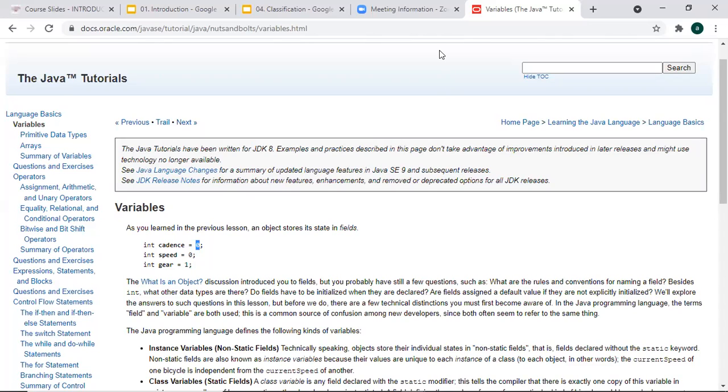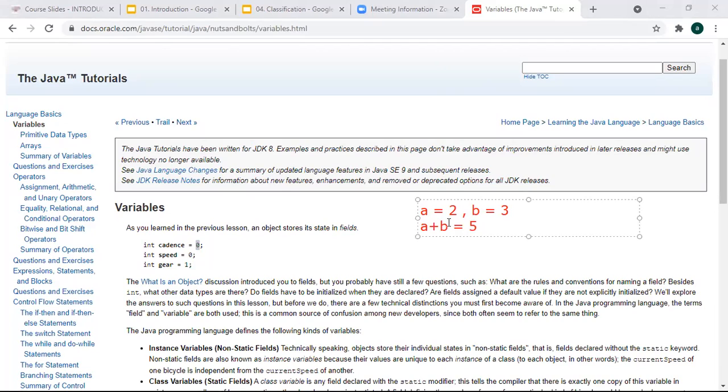For example, if you are doing addition, you need values to hold. a is a variable holding 2, b is a variable holding 3, and when you do a plus b, it will give you 5, right?